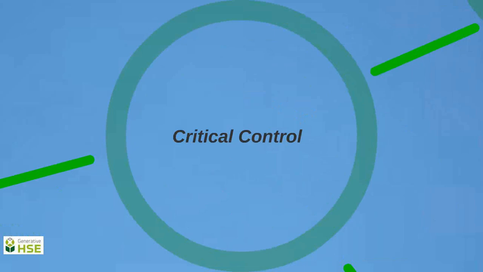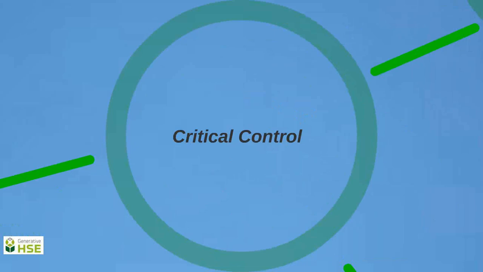So, considerations when selecting critical controls. I've got three of them here. It's certainly not the be-all and end-all list, but it's certainly three things that I like to apply as a test when reviewing critical controls. The first one: if it was a last standing control, would it ultimately prevent serious injury or fatality? So if all the controls associated with that task, if that was the only one in place and effective, would it prevent that?